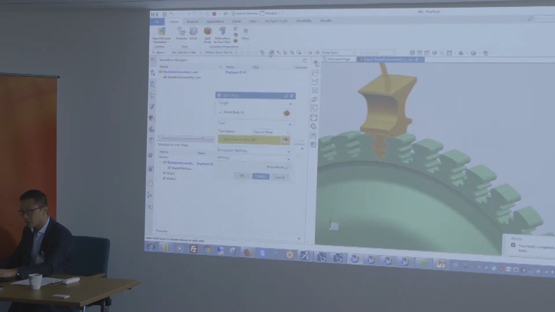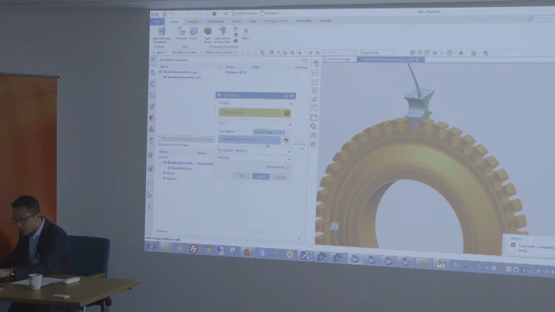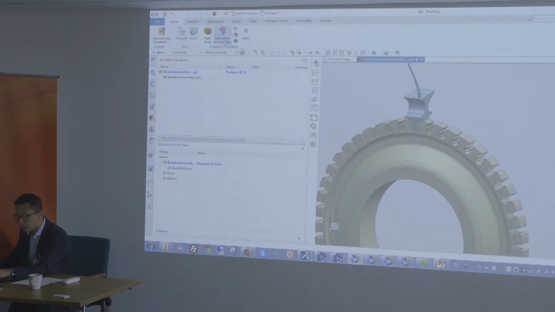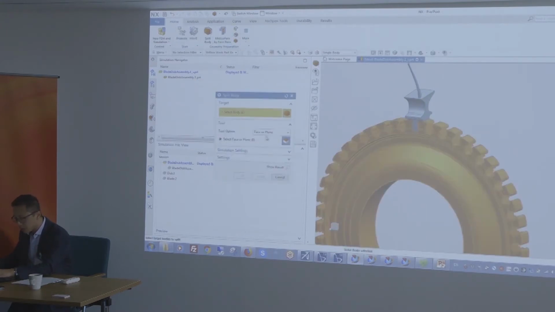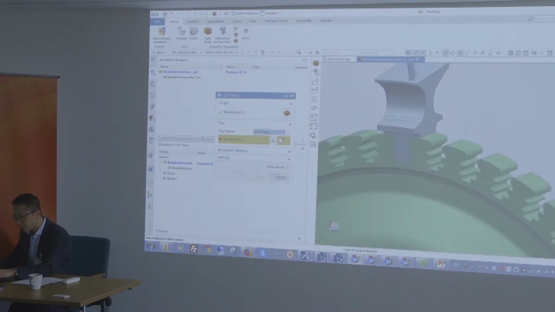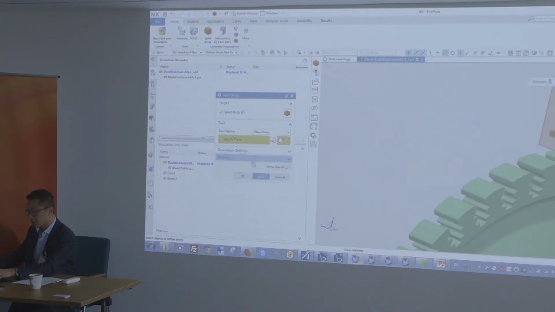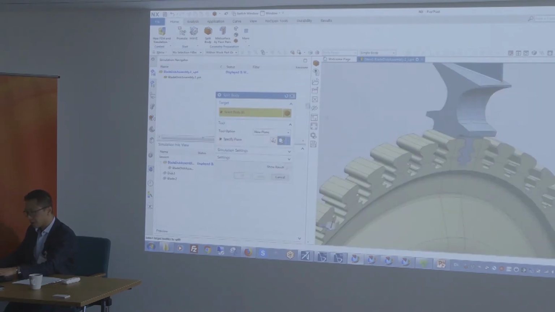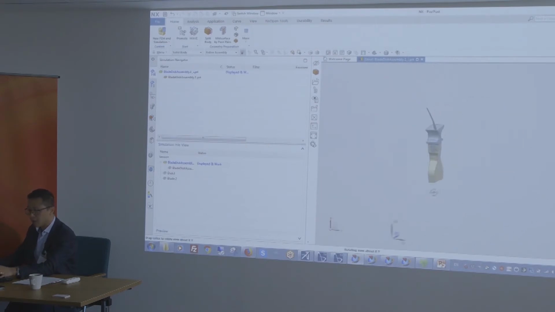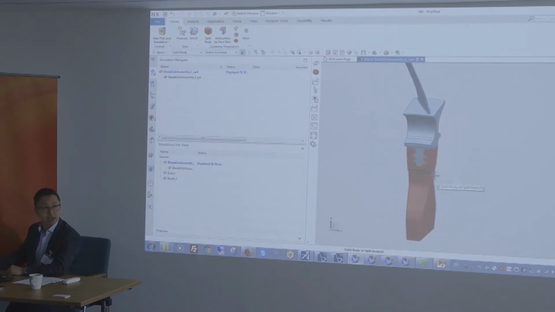Apologies. A single face. Sorry, let me just do this again. There we go. Right, so I'm going to split that body again in two, take this guy, use this as a reference. I'm going to keep this, and let's say from a structural standpoint, as a structural analyst, I only want to work on this guy, right?